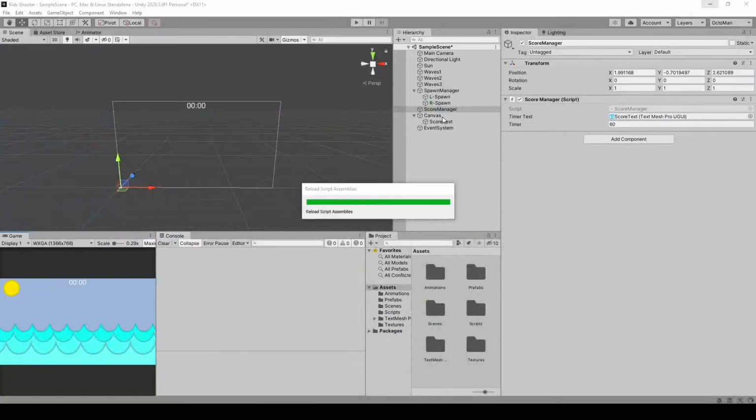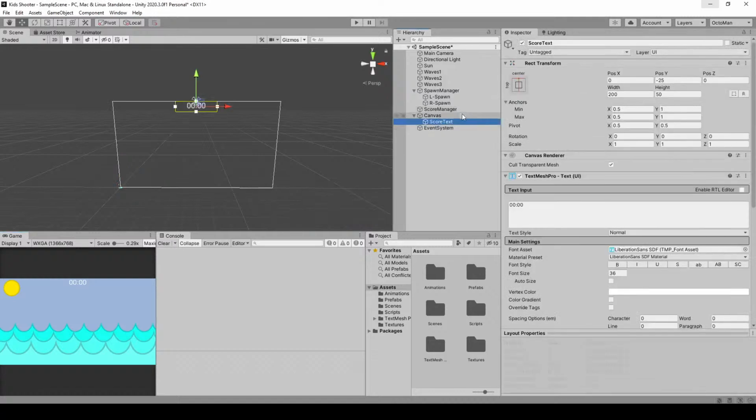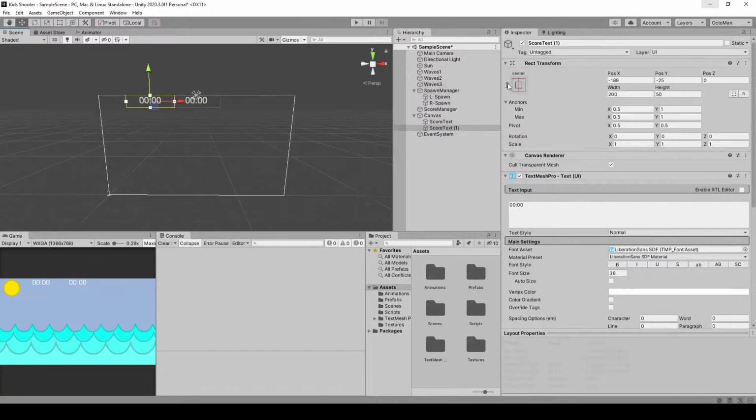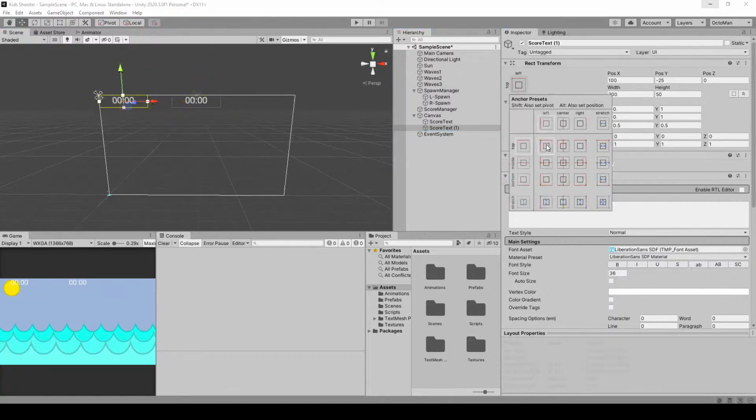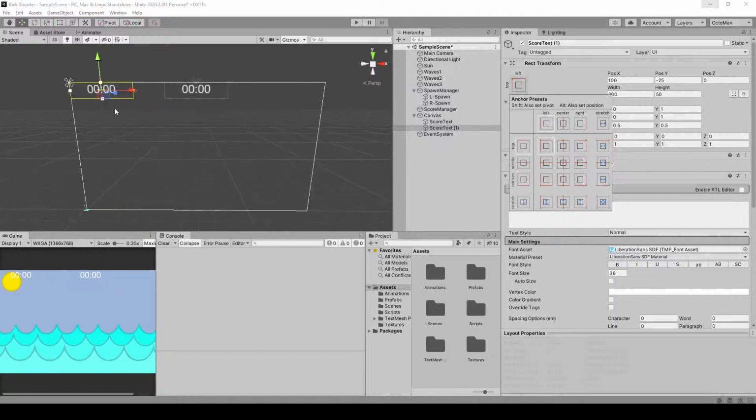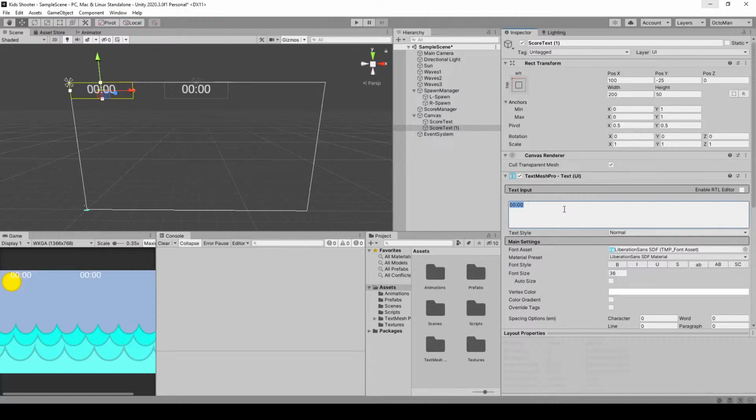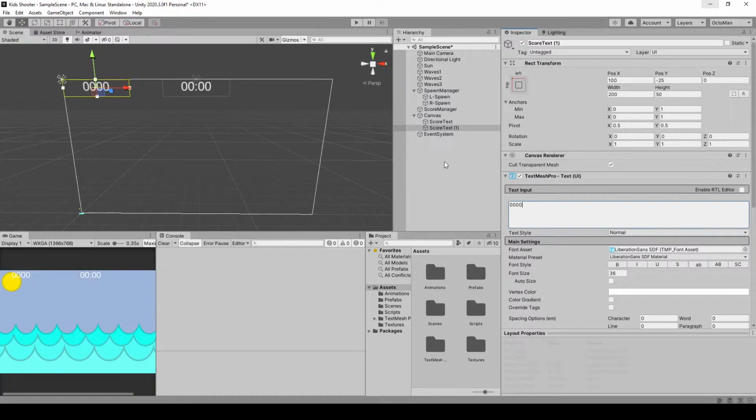Final step is we need to create a new text field for this. So we can literally use the score text from here, duplicate it with Control D, bring this to the left or just anchor it top left, like so, and bring this maybe above the sun. I'm going to use something like four zeros at the first place. You don't have to, you can, and we name this score text